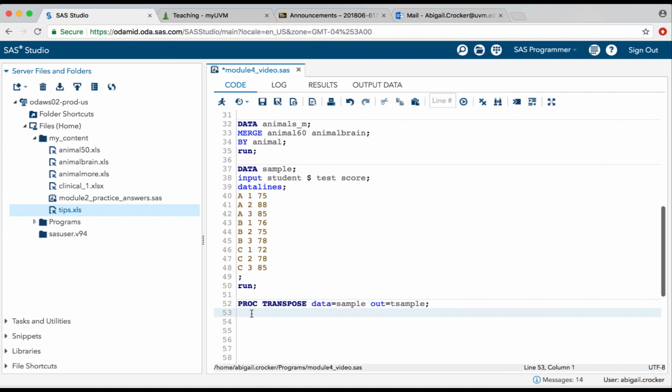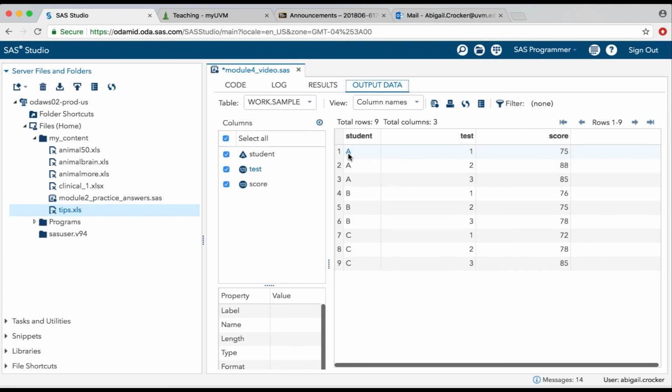A couple things I need here. The first is a by statement. So by is going to tell me what are going to be my rows. Picture my new data set. This is my existing data set. My rows here are students, but each person's represented 3 times. What value do I want here for everybody to be represented once? I still want it to be student. I want them here just once. So I'm going to say do this by student.